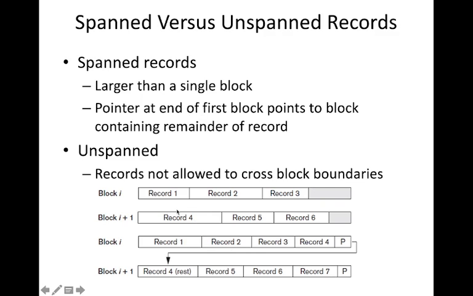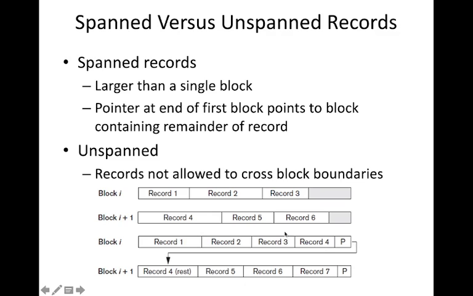For example, here record 1, record 2, record 3 are stored in one block, and records 4, 5, 6 are stored in another block. Now here record 1, 2, 3 are stored, part of record 4 is stored here, and we have a pointer to the next block. The rest of record 4 is stored in the next block.